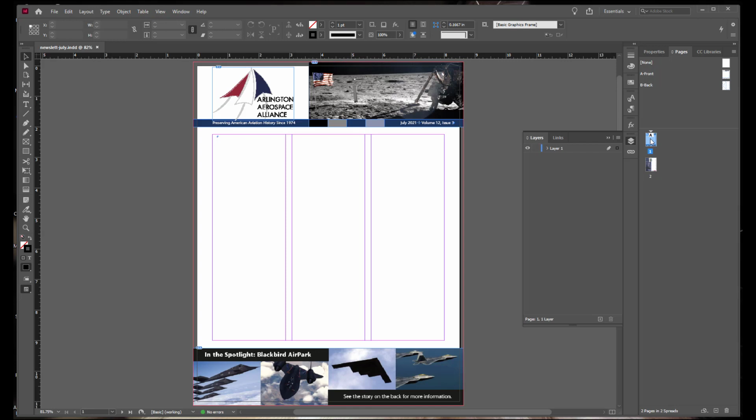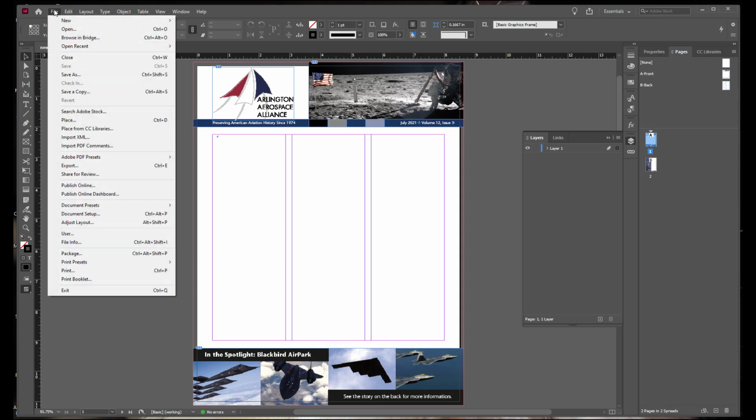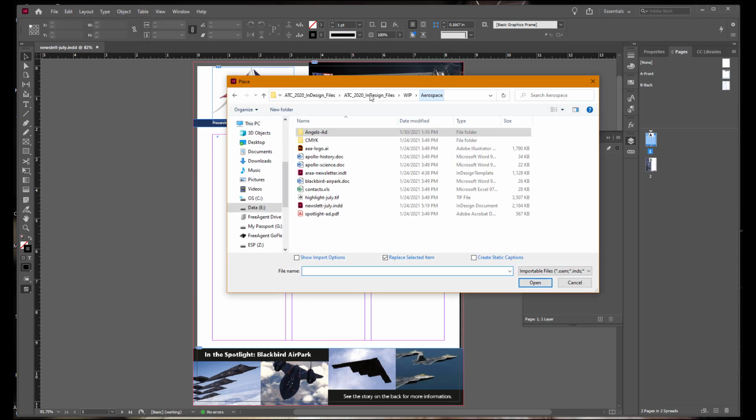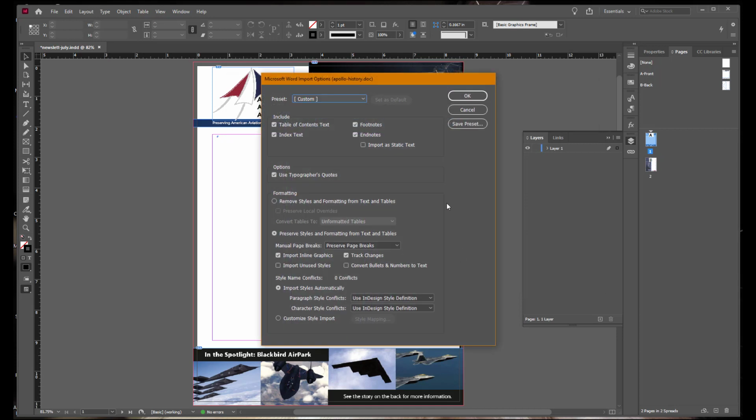Double-click page 1 to make that the active page, and we will go to File, Place, and in our aerospace folder we are looking for the file Apollo History Doc. We would like to show the import options and deselect the replace selected item. Make sure the Preserve Styles and Formatting option are selected and the Import Styles is also selected. Choose to auto rename in both conflict menus